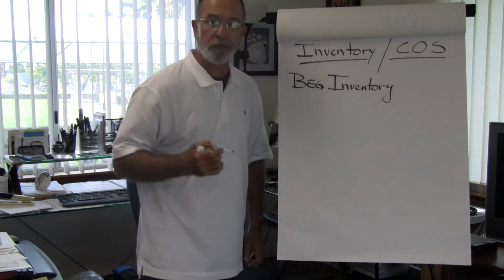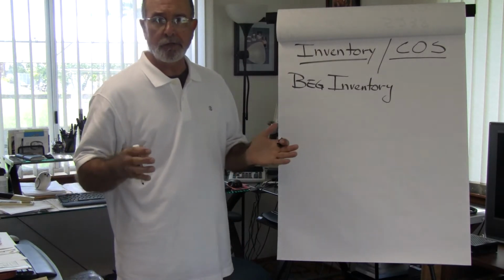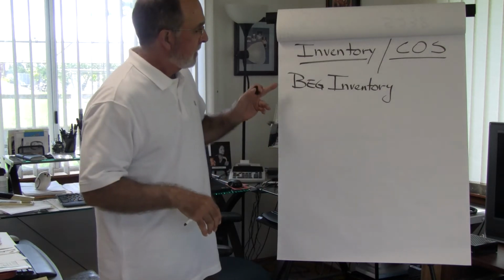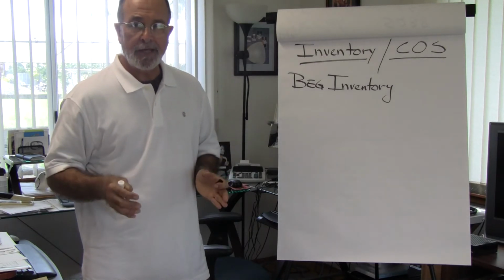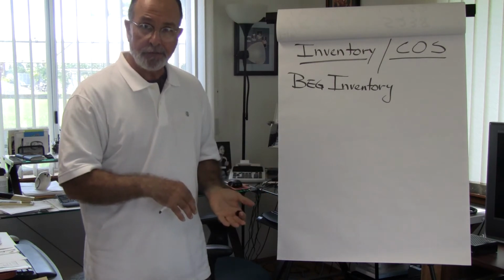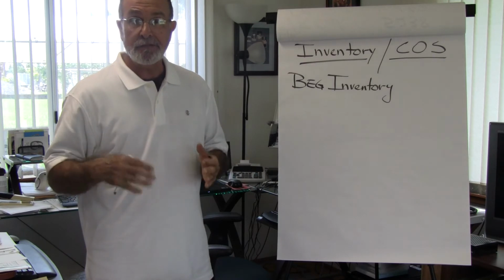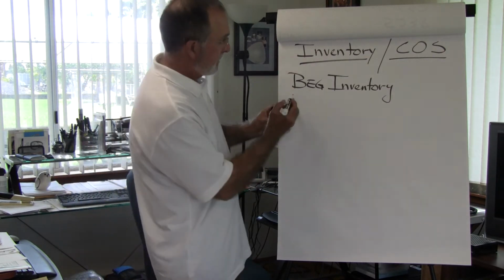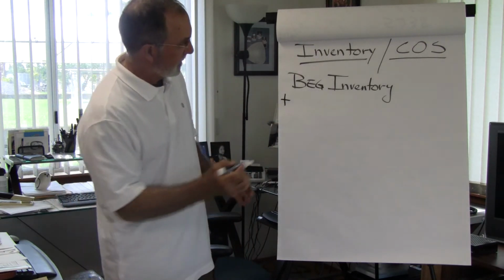with beginning inventory. The beginning inventory is, let's say we're working with a calendar year, January 1 through December 31. Our beginning inventory is our inventory that was on hand at December 31 of the previous year. This will become the beginning inventory as of January 1 of our current year. Now, as we move through the year,